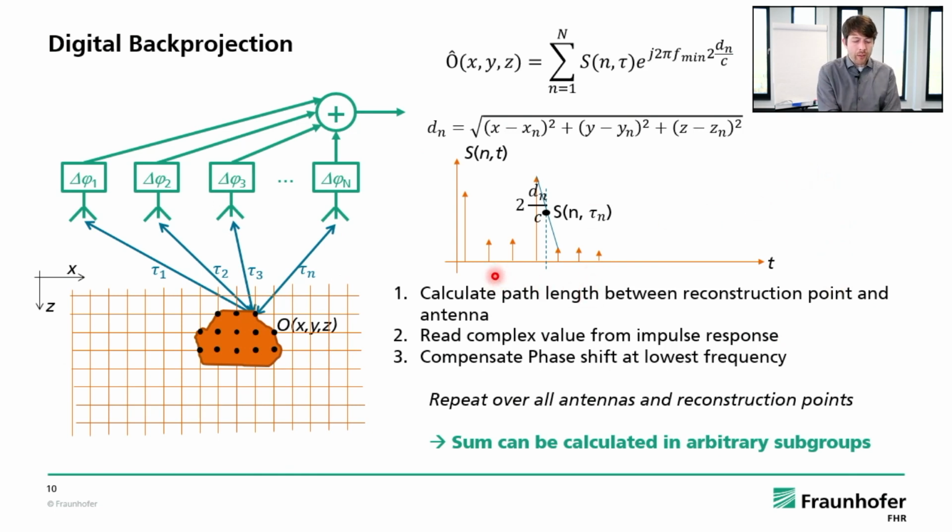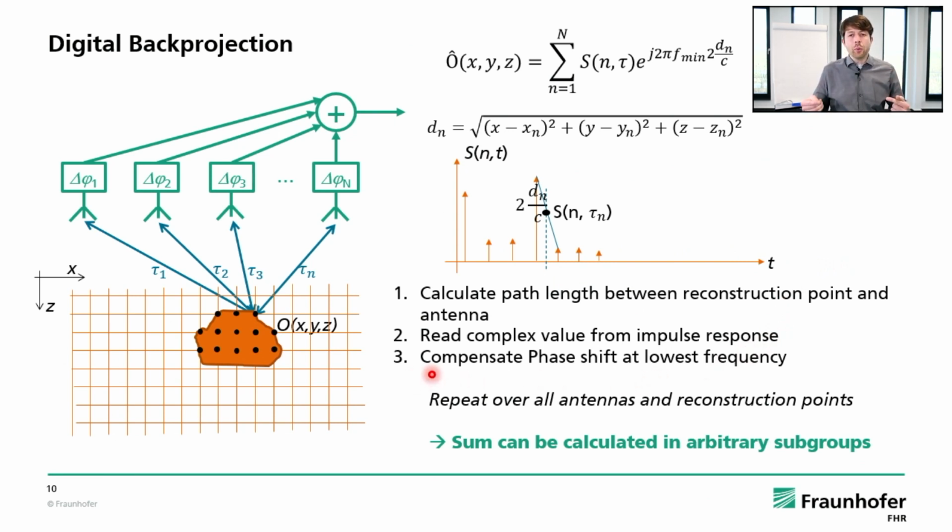And since you get the signal resolved by time delay, you can look for the right bin and basically just after the IFFT get the right signal, which has the right group delay automatically after this operation. You don't manually calculate that, you just take the right bin out. If the bins are not perfectly fitting your distance, that's not necessarily a problem. You can interpolate, for example, linearly, that's a typical operation, and get the right signal out. So you calculate the delay from each antenna to the reconstruction point. You interpolate the right bin, take the complex signal from this bin out of the impulse response,